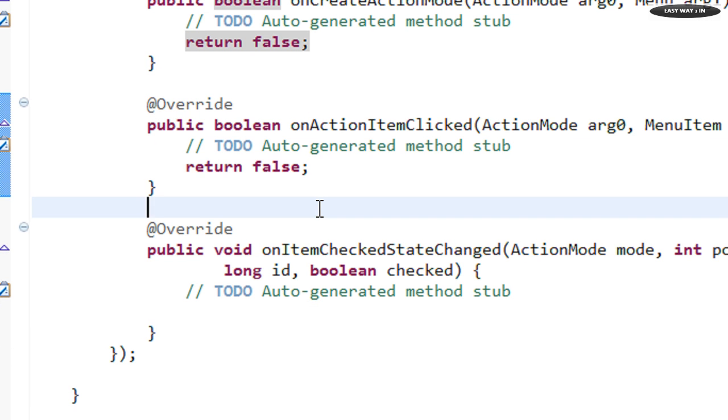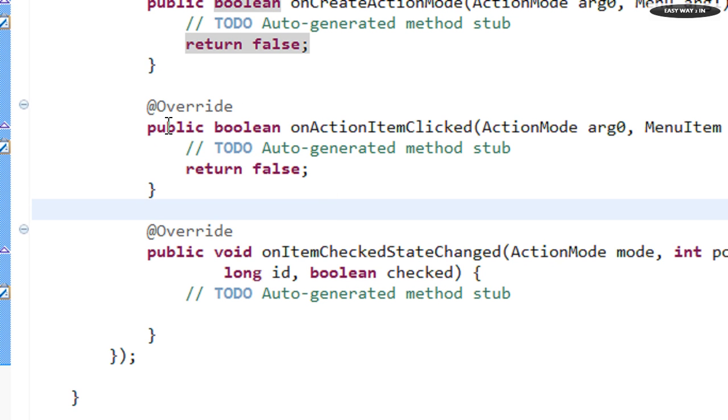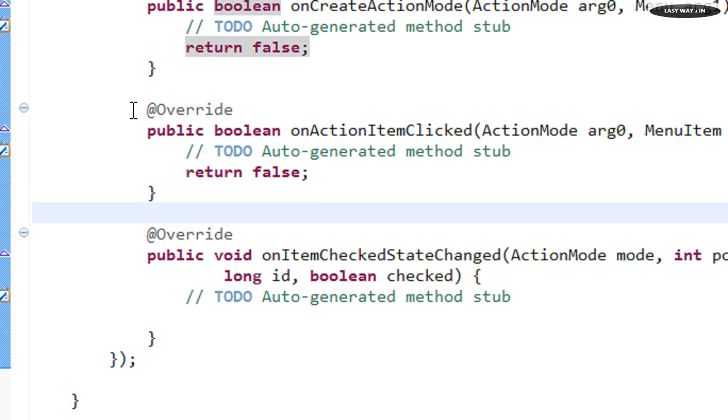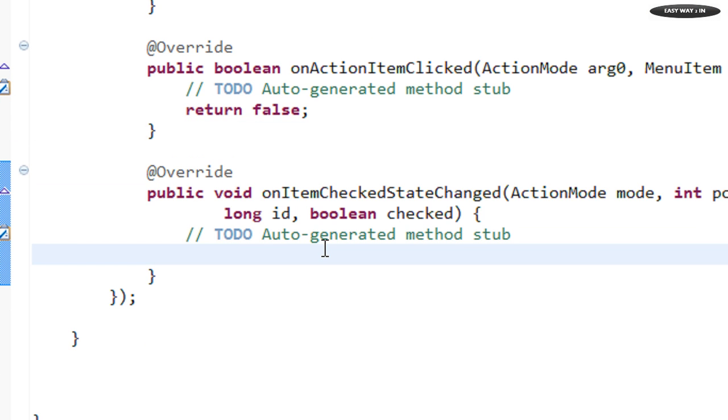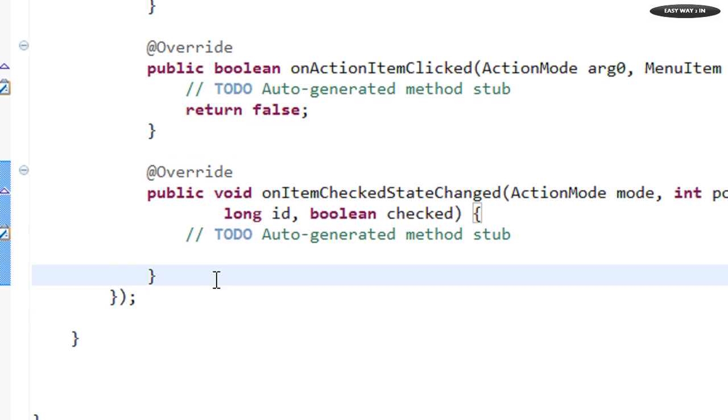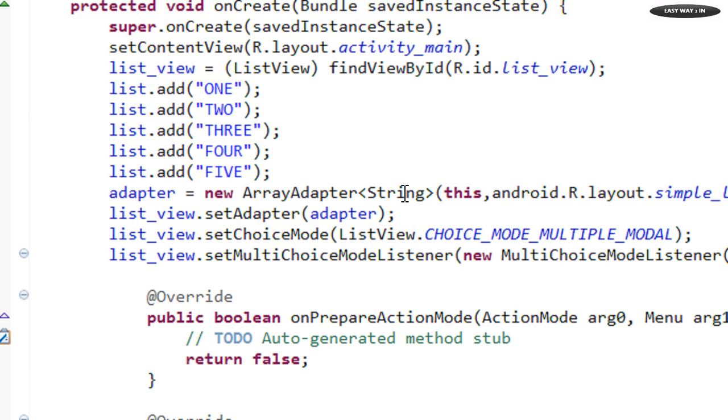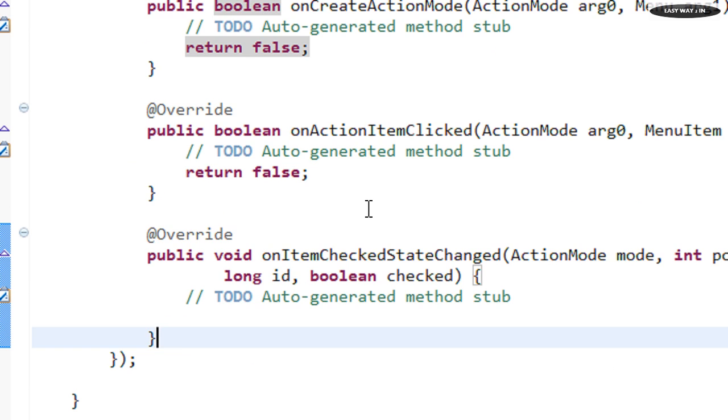Okay, so there are two other methods available. On action item click is also available with the Android contextual action mode action bar. Whenever the user selects an item from the menu, this method will invoke. And finally this method is invoked whenever the user selects an item from the list view or deselects an item from the list view. So each time the user selects an item on the list view, this method will invoke. Okay, so first we have to